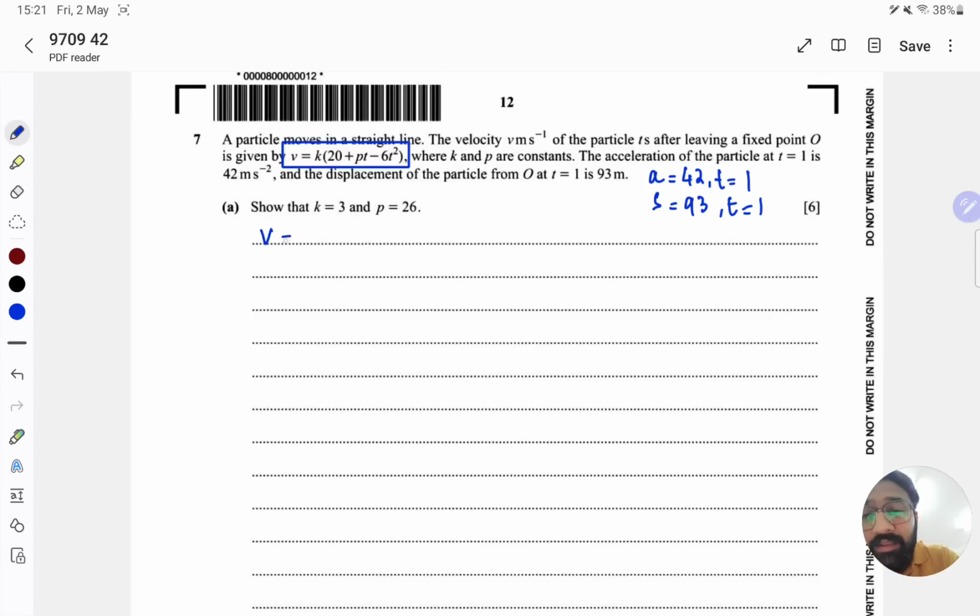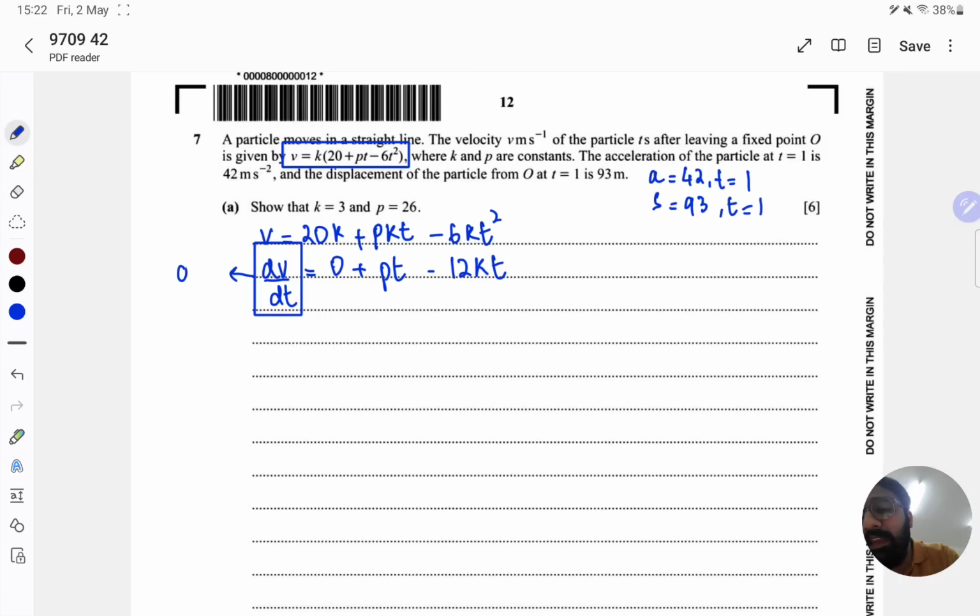Okay, so it's very simple. Let me do the expansion of v first. 20k minus pk plus pkt minus kt squared. This is the expression that we have. And we know that if I do the differentiation of the velocity-time equation, I'll have the acceleration. So dv by dt will be 0, plus pk, minus 2kt, and we are very well aware that this portion is basically